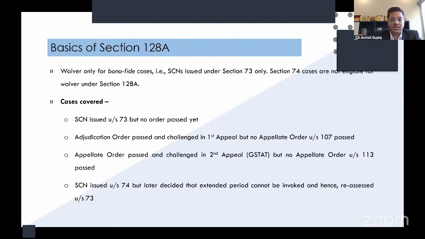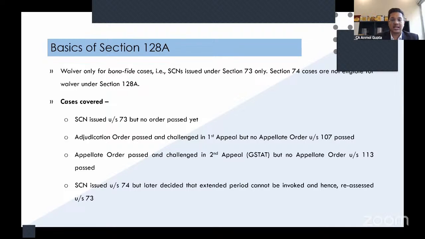Why? Because there is this fourth case also covered under the scheme wherein, as of now, you have received the show cause notice under section 74, let us say, and the order has been passed, but you file an appeal, and maybe at the first appellate level or tribunal level or high court level, going forward in future, you are able to successfully procure an order wherein it has been stated that there is no fraudulent intent, there is no malafide intent of the taxpayer,